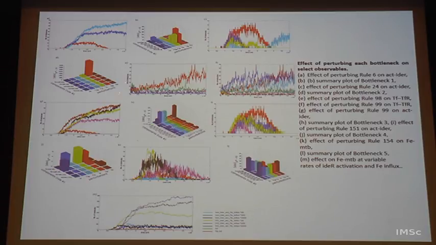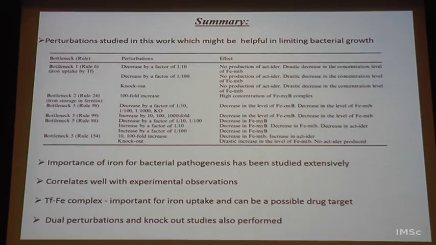So what you can readily tell is only some bars are showing a high response, right? So only some parameters, some rules are more responsive than other ones. Some are not really influencing the system as a whole. So those form good bottlenecks in that sense. So an example of a bottleneck is when you decrease it by a factor of 1/10, no production of, that is rule 6, which is for IDER. So IDER is not produced, therefore this drastic decrease in the concentration level of iron MTB, because that is indirectly triggering the iron binding to MTB and so on.